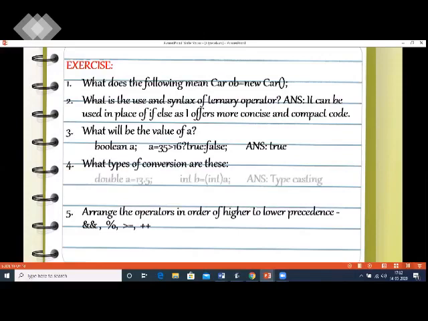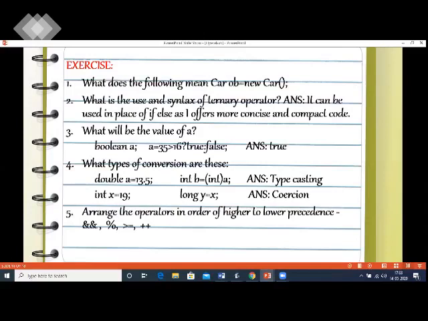What types of conversion are these? The first is an example of typecasting where we use the cast operator int. It is being converted from higher data type double to lower data type int. In the next expression, a variable x which has been assigned the value 19 of data type integer is being converted to long. So it's an example of implicit conversion or coercion.